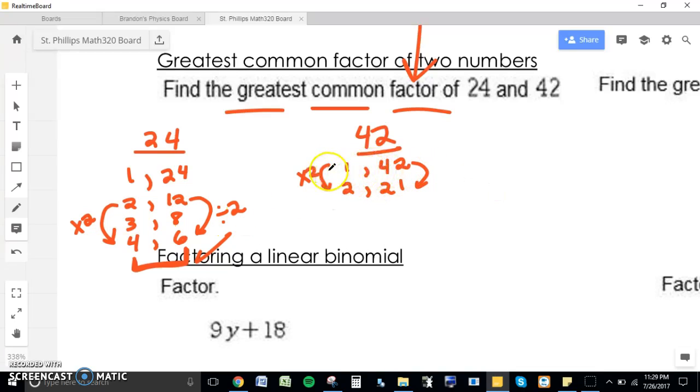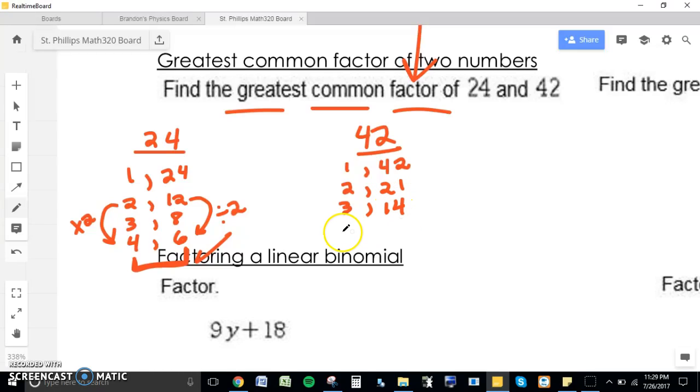Now what next? What about 3? Does 3 go into 42? Fun little trick. If you want to know if something is divisible by 3, add the digits. And if that's divisible by 3, then the whole thing is divisible by 3. So 42 is just a 4 and a 2. Well, that's 6. Can 3 go into 6? Certainly can, so guess what? I know 3 can go into 42. So then, okay, what are my factors? 3 and